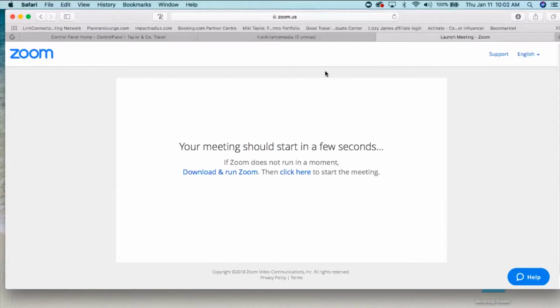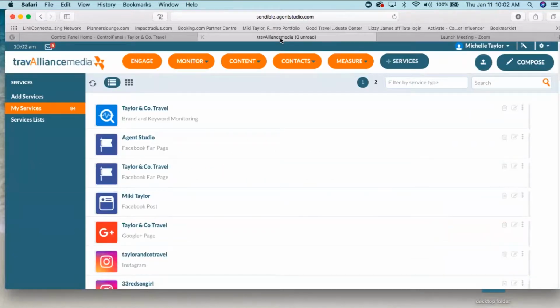So today we're going to talk about the advanced aspects of the automated social media platform that is included with your Agent Studio website. Now, we all know that social media has taken the world by storm over the last 10, 12 years. And one of the social media platforms that has really taken over is Instagram.